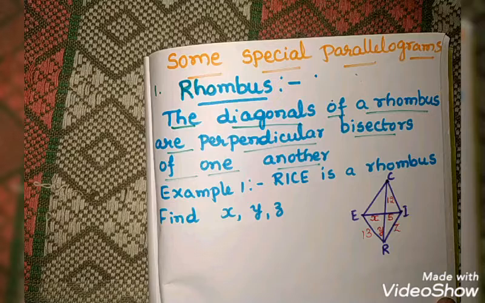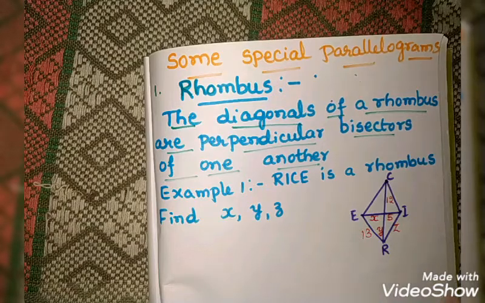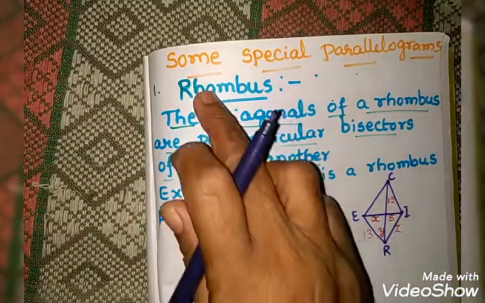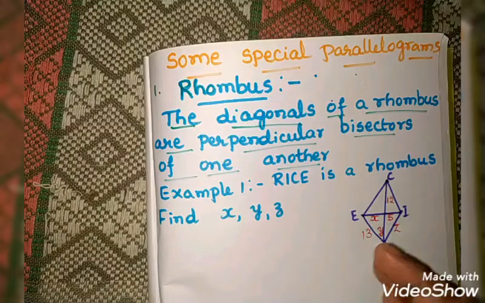In the last classes, we were studying the lesson Understanding Quadrilaterals. We studied the quadrilaterals, most of the factors, and the different types of quadrilaterals we came across already, isn't it? But some special parallelograms are there. The square, rectangle, all we studied, but some special parallelograms will come under parallelogram. The first one is rhombus. Let us take up one by one in detail, and their special properties also.